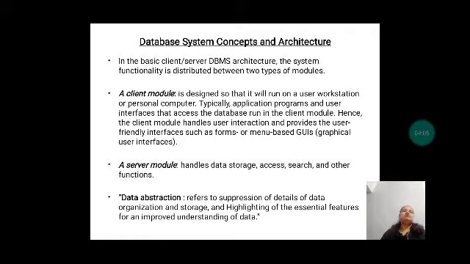And what about the server module? The server module typically handles the actual storage of the data. The actual database will be there in the server module. And even the mechanisms to access it, searching, that is the retrieval, and any other different functions, the main modules with respect to the databases are there in the server module.